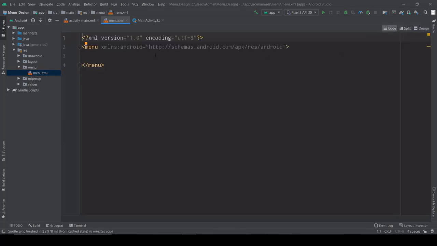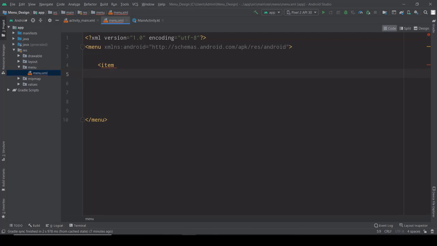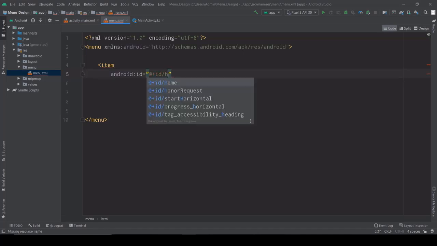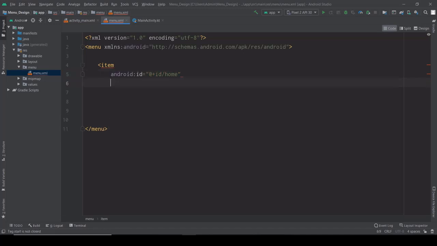Go to the code window and make some space. You can directly write the item syntax. After that, first you have to mention the ID of your item. Now I'm going to create home. After creating the item, you should give the title of your menu.